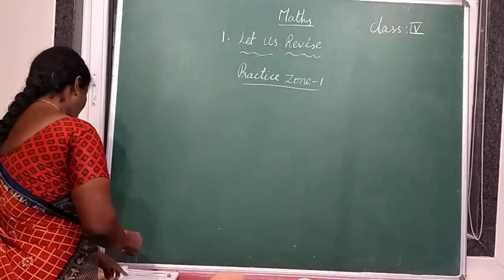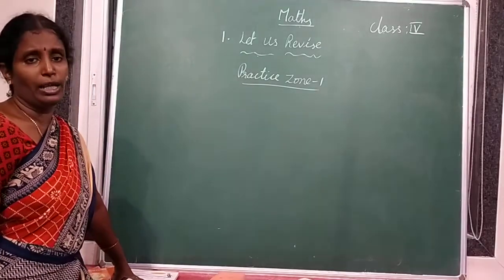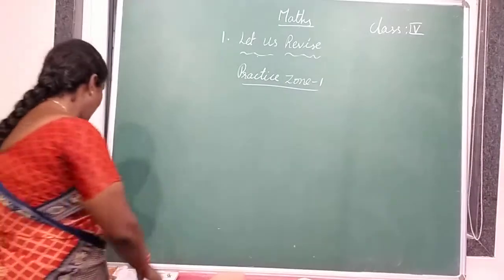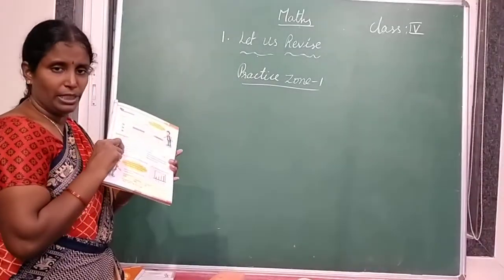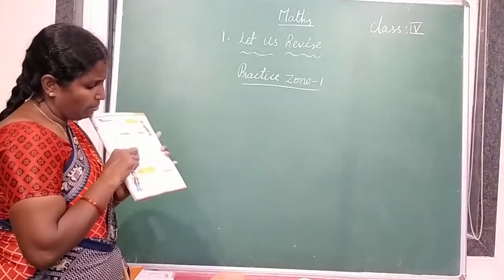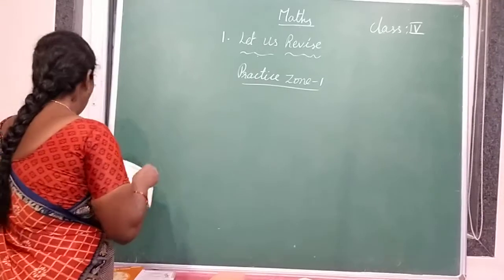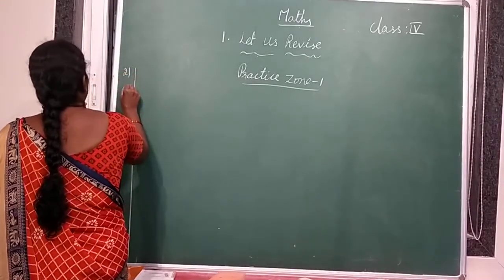Okay. Here number names are given. Write the numbers for the following number names. You have to write the numbers in the second bit. So first one, in the second bit, first one,